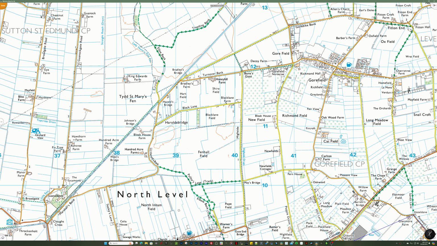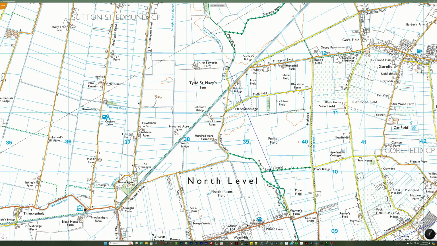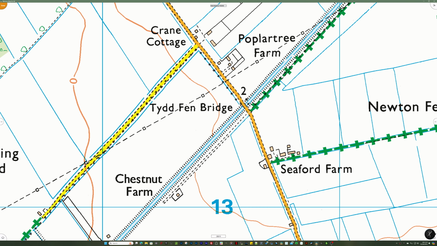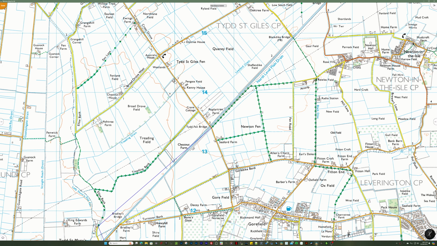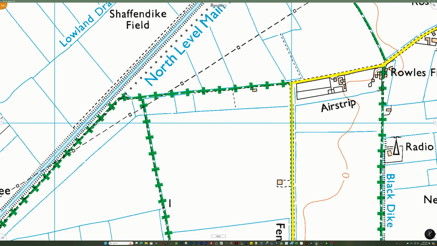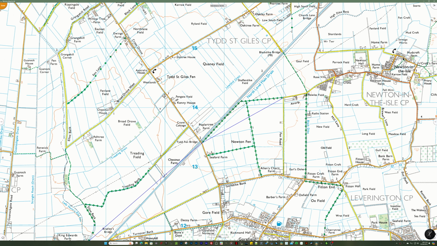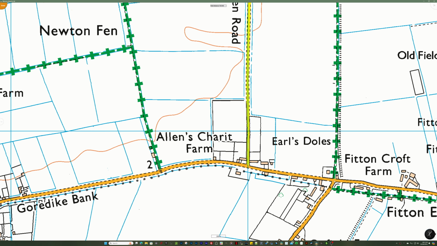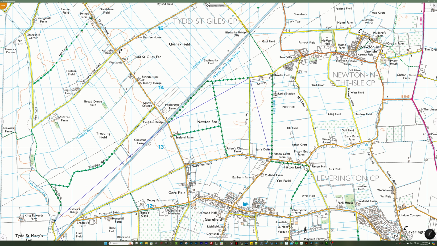So once it gets to the end of them, I'm going to go here, drive there, and let's drive that one there. I'm going to work my way over to Fen Road, and I'm going to put a marker here. When I get to the end, it's just a reminder that I need to come back. And then I'm going to go to this one, and I'm going to go up past the radio station. I'm going to work my way back down,